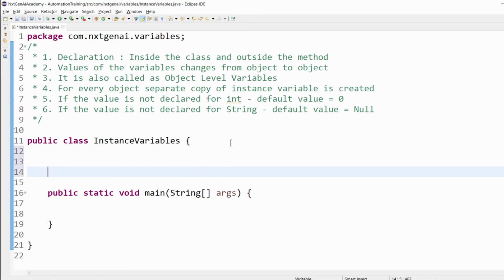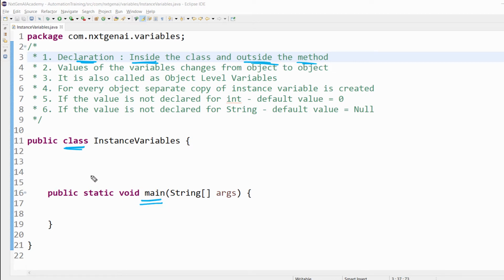Okay, let's try to declare the variable. To declare the instance variable, it must be inside the class. So this is the class, and outside the method, outside the main method. So in this location only, you have to declare all the instance variables.